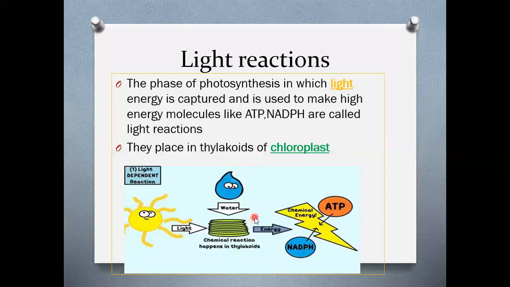So a brief summary of light reaction is that sunlight gives the light energy to the thylakoids of the chloroplast. Water from the soil is taken in. A chemical reaction takes place and energy is stored in the molecules of ATP and NADPH. These molecules are the products of light reactions of photosynthesis and are used up in the dark reaction of photosynthesis.